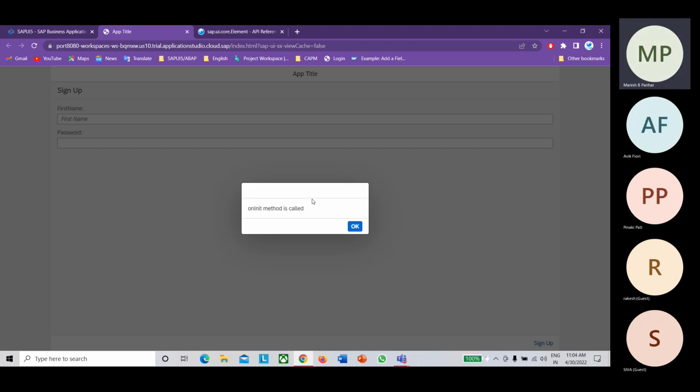Somewhat. I know it's confusing, but mostly we don't use it actually. Most of the time, we will use onInit and onAfterRendering. The rest of the methods, like onExit, you don't need to do anything; nowadays it will trigger internally. So these two methods, onAfterRendering and onInit, can be used mostly. But even then onAfterRendering is used only in a couple of cases, not 100% every developer will use it. It depends on your requirement.